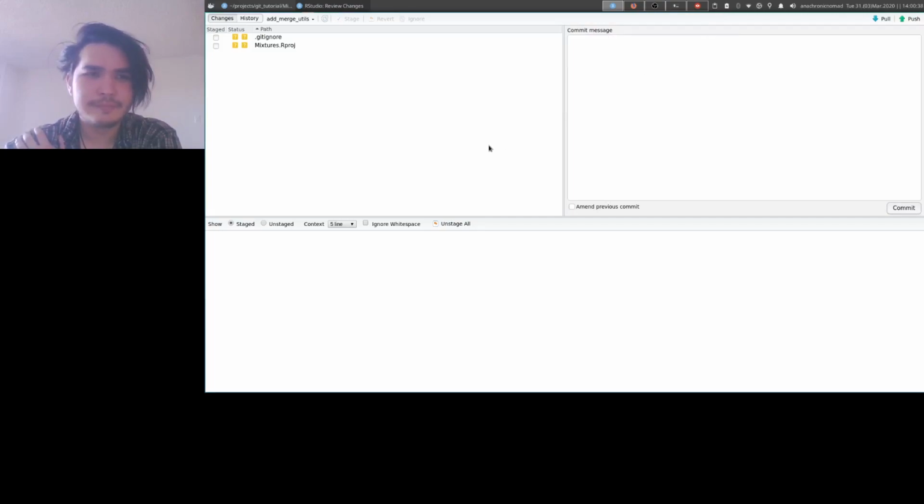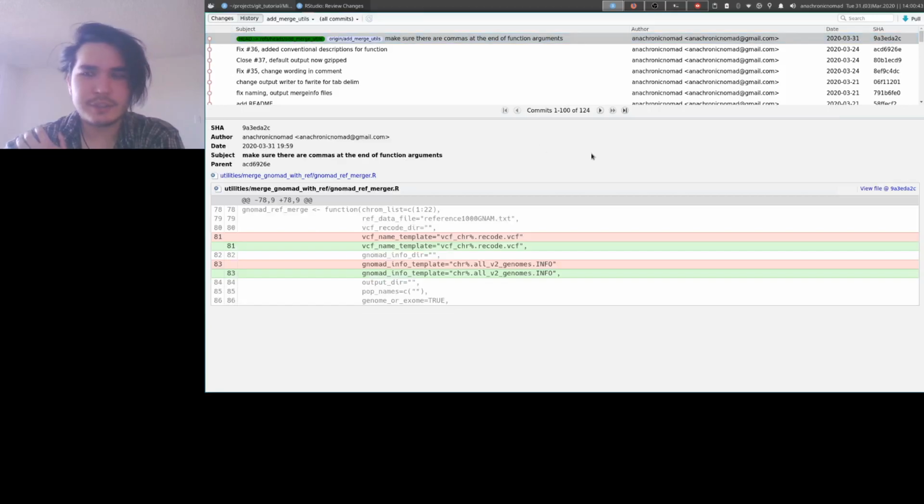Okay, so that pretty much covers the buttons inside of RStudio for most of the basics of everything that you'll ever need to know as far as Git is concerned. And for the next video, we'll do more or less the same, but we're just going to do it all in the terminal, and it'll be